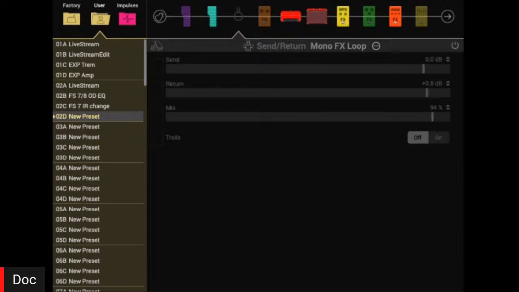That's one of the items that's always in the signal chain here, and it looks like we have a question from Master Joda here. Will Line 6 release an update that allows swapping the EQ for another block? I can't speak to whether that will ever happen, but right now that particular block is locked to the signal chain. So for those who are unfamiliar, there's a few things that are always going to be in your signal